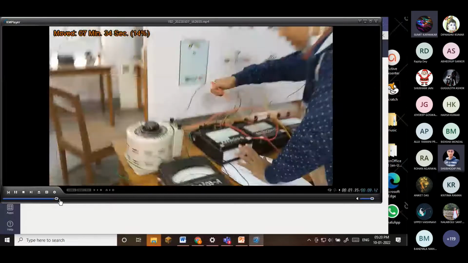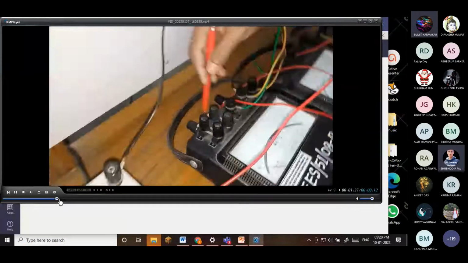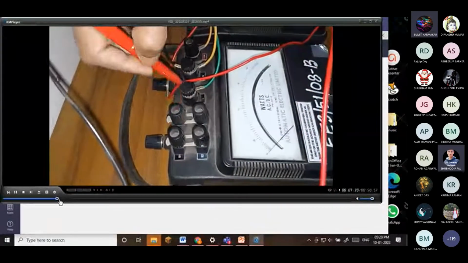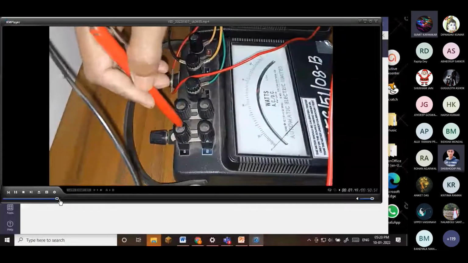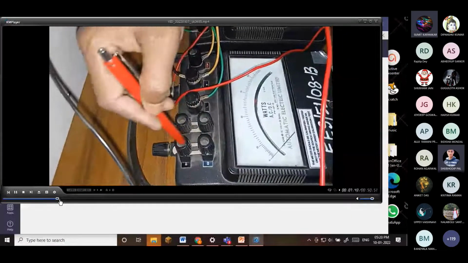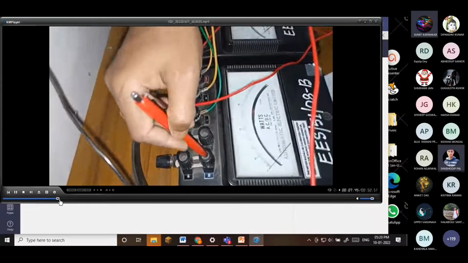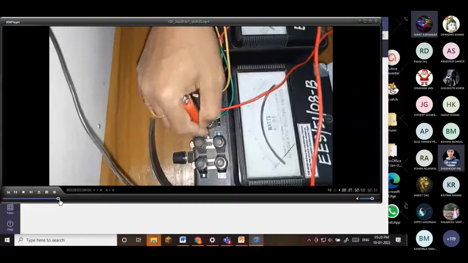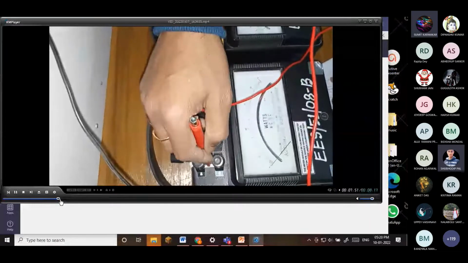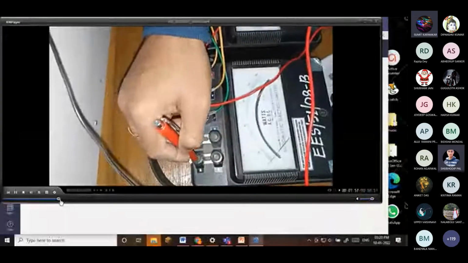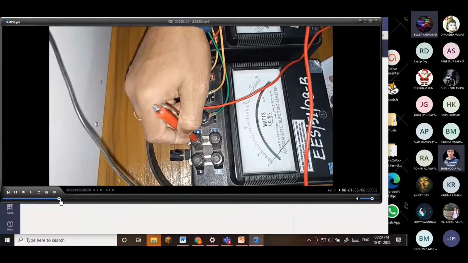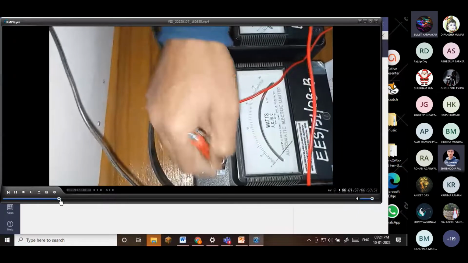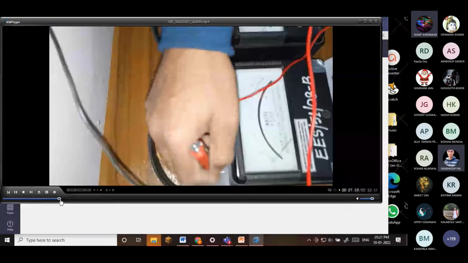You can see here the coils are actually in between these terminals, right? So we can connect them B1 B2, or E1 E2, or maybe through this plunger. Actually, we are making this connection. So we can connect either B1 B2 or E1 E2. Then it is called series connection.